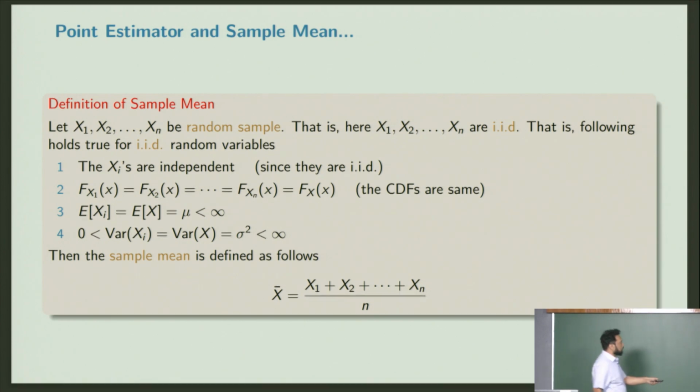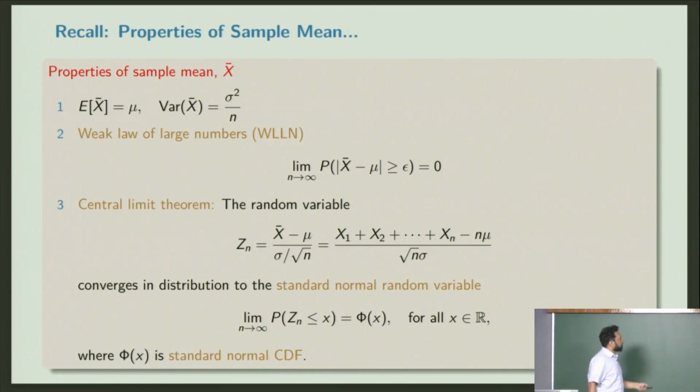Since expectation is linear, it will be the sum of the expectations of all these, and the xi's are IID, so each of them is equal. There are n of these same quantities, each with expectation mu. So this is n times mu in the numerator divided by n, and the n gets cancelled, so you get mu. It's a very easy exercise. Use the linearity of expectation to show that the expectation of the sample mean is actually the true mean.